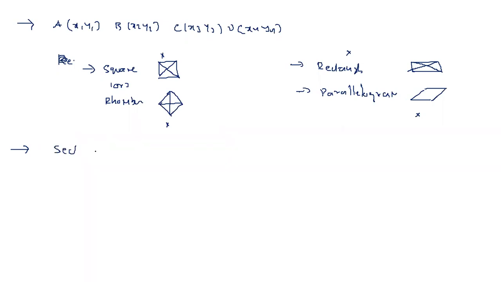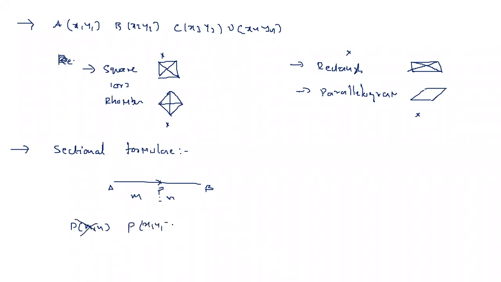Section formula. Anyone can explain section formula, internal division and external division? Students, suppose I have a line AB, and there is a point P which divides the line in the ratio m:n. Then the coordinates of P are